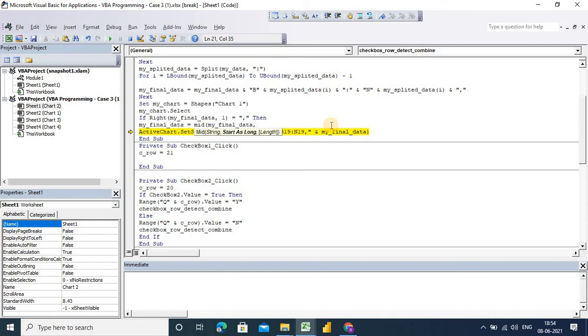As long as the start position is always 1 and the end position will be the Len of my final data minus 1.